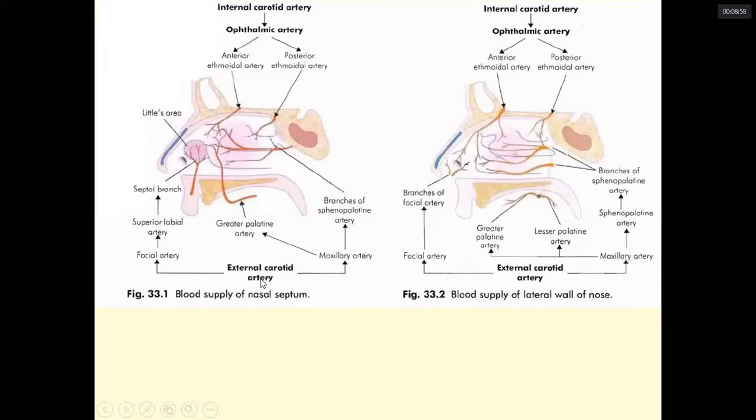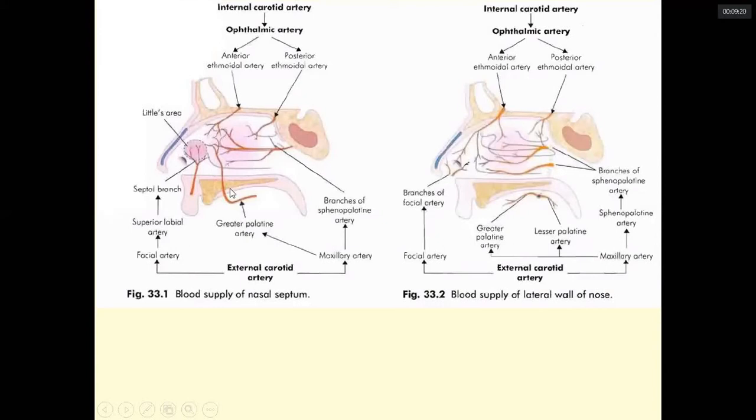And similarly, the external carotid artery comes from here. Okay, it has 8 branches. Here in epistaxis, we are dealing with only 2 branches. The major branch is the maxillary artery. It again divides into 2, the sphenopalatine artery and the greater palatine artery. And the facial artery divides into the superior labial artery, and again it has the septal branches which go